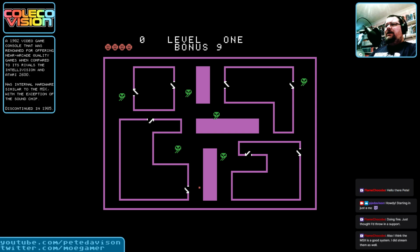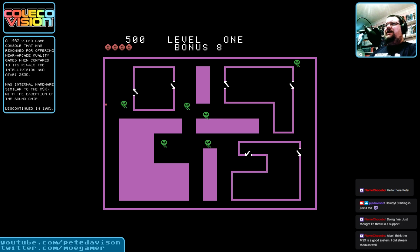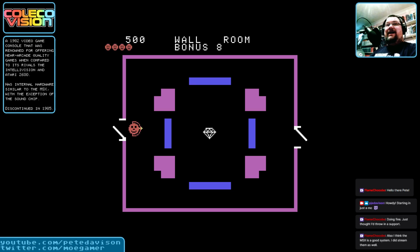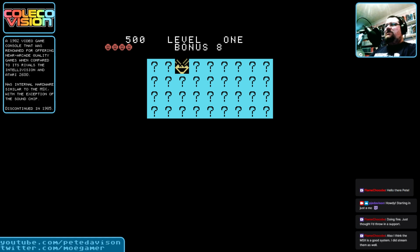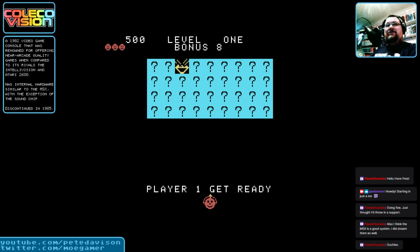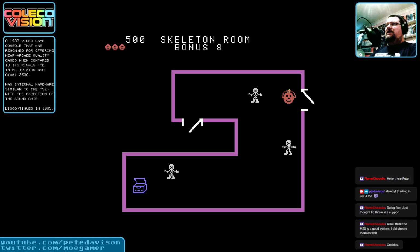Now, one slightly awkward thing with emulation of the ColecoVision is that a lot of emulators tend to expect that you're using a conventional modern controller of some description, and RetroArch is a bit of a problem for this. So what you end up having to do is assign all the individual buttons on the numeric keypad to buttons on the conventional controller, which isn't ideal. I'd much prefer to assign them to just the keys on the keyboard. But, well, you learn to live with it. Once you learn what those controls are...